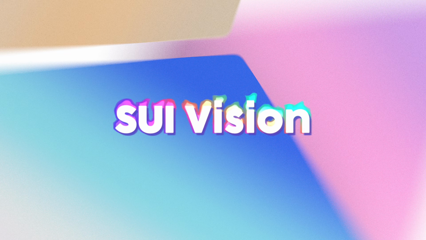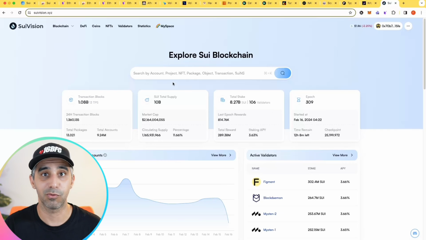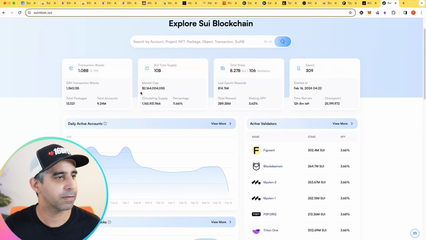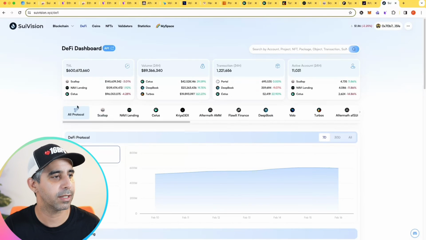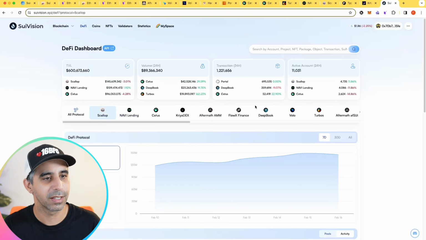Now, there's one more tool I want to show you just before we close it off, and it is around all this stuff you're doing. Every blockchain has a tracker. On SUI, one tracker, and this is the one I just use by default, is SUI Vision. I found this really good, so let me show you why. It's got your standard blockchain stuff, but what's cool is you can connect your wallet, and then it's got various ways of viewing things. Over here you can click on DeFi and it actually shows you some of the big